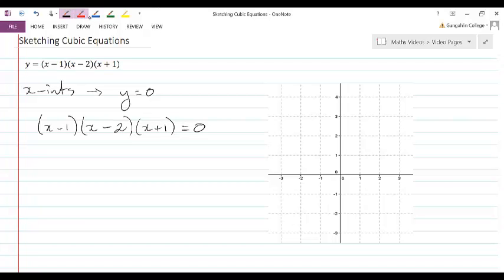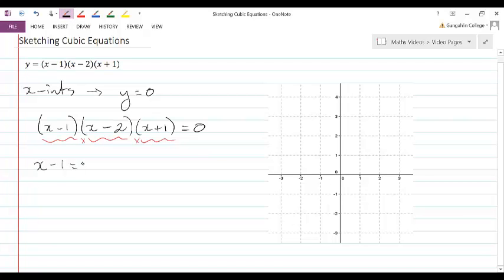Now, the nice thing about factored form is we have three factors multiplied together, three things multiplied together to give 0. If things are multiplied to give 0, we must conclude that at least one of those things must be 0. So either we have